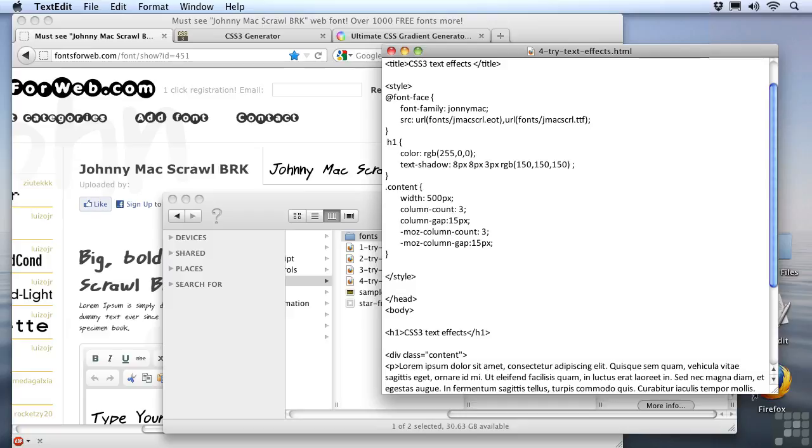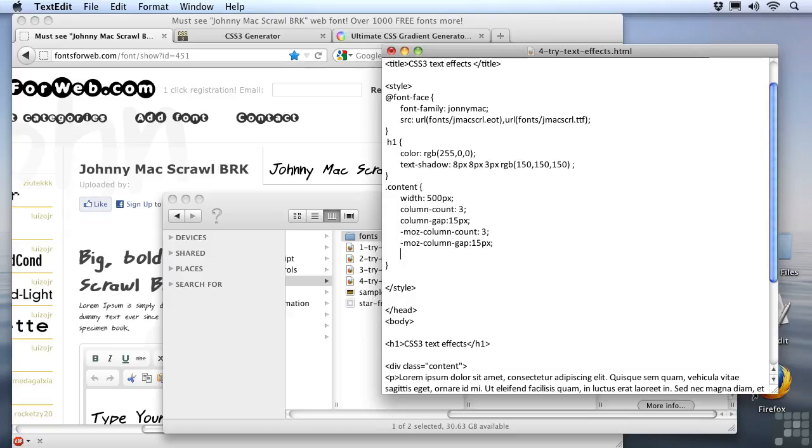Now, that's the first part. We've defined the font face, and what we've actually also done is we've given our font face a name that we can use to refer to it by. So now, in order to see our font show up, let's go down and pop it into one of our other styles. I'll go ahead and add it to the content style that we created earlier. I'll just put a line down here at the bottom for the next property. And we'll do a normal font family property for this div. Now, in specifying the font, I simply use the font name that we created and referenced earlier. So this would be Johnny Mac. Let me end that style line, save our changes,